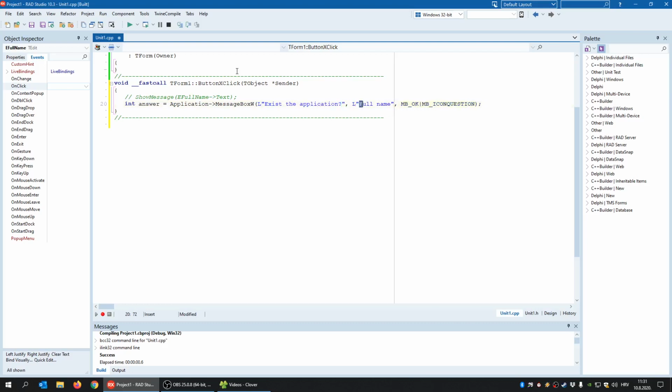Okay, and I'll just say exit as a caption, so I can say it's not going to be an OK button, but yes or no button. Okay, and what I can do simply is if answer equals ID yes, let's just make it shorter, message you choose exit the application, or else